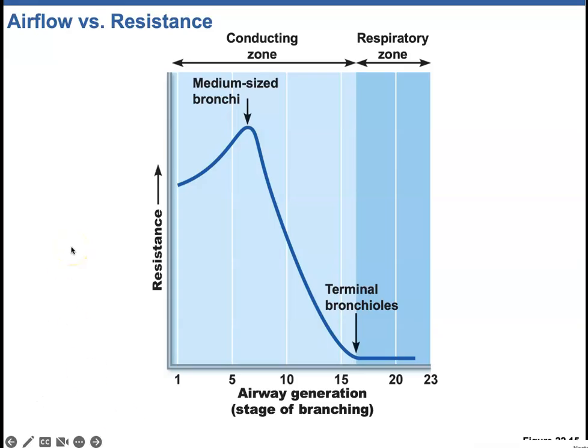Then how much resistance is encountered with the air as it's flowing in? The biggest resistance is always going to be at the level of the entry. So this is where you're coming in through the trachea. This is where you're going to encounter the most resistance, and then as you're getting into the bronchi, and then once we get down into the smaller and smaller segments, and those bronchi get smaller and smaller, and we